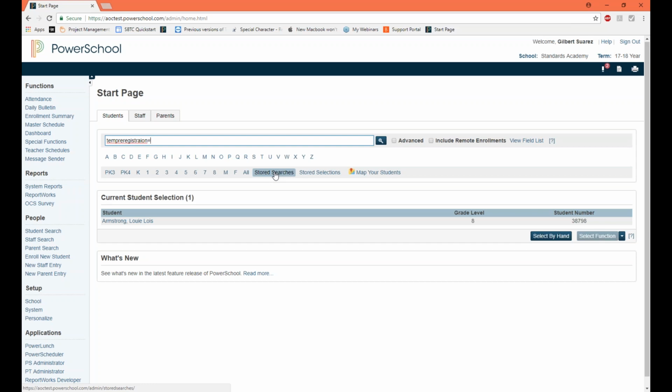Temporary registration equals 1. These are the kids whose parents have actually logged in and submitted the data. Now, this is the group of students that you would want to go into their custom screens, re-registration, and approve some of the data that has come over. Again, be conscious of when you're doing it, because depending on when you update their data, it could throw off some of your numbers